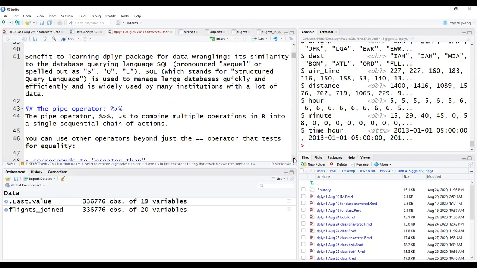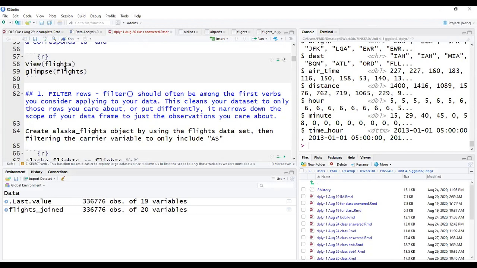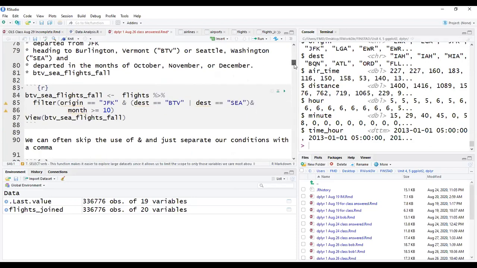knowledge about it. So alam na natin tong pipe operator, and then I said let's view the flights data set again. The flights data set consists of 19 variables with more than 336,000 observations. Now today we're going to learn